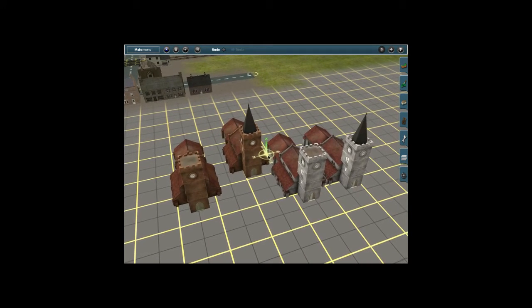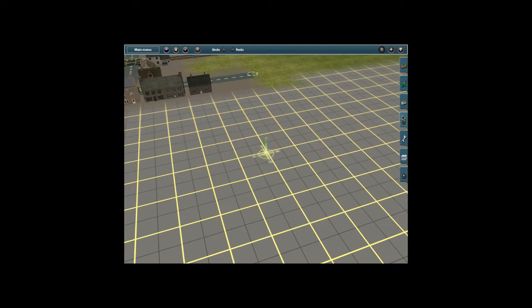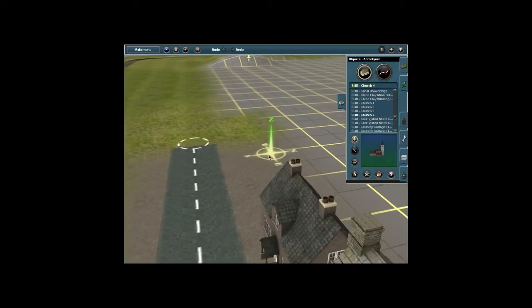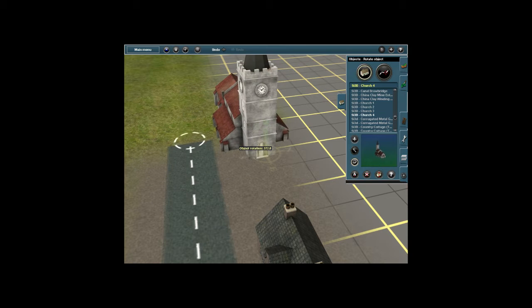Four SI3D churches, four different types. Two without the cones, and the other two with these. All right. Now that you got to see them, now let's actually get started